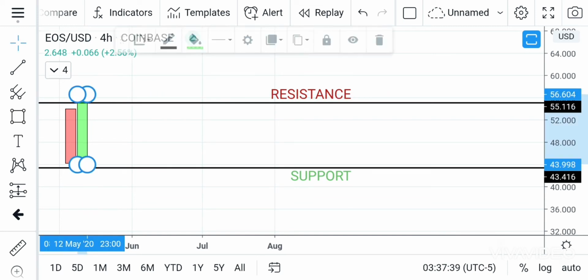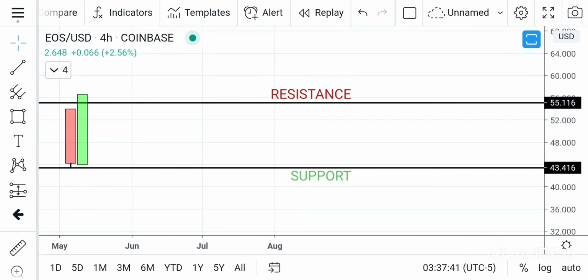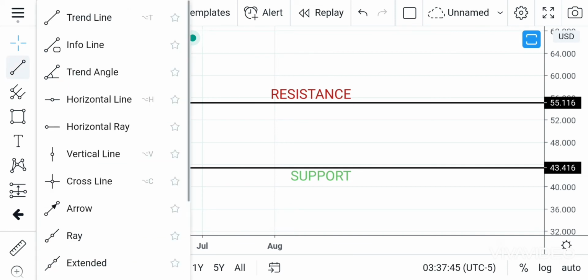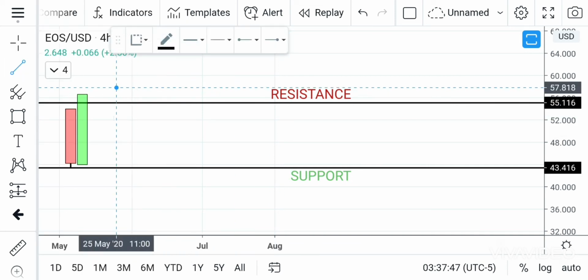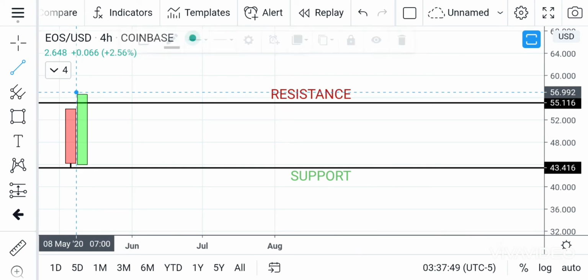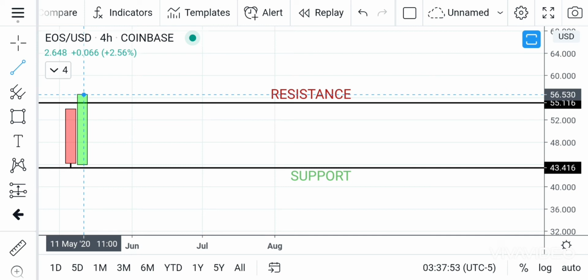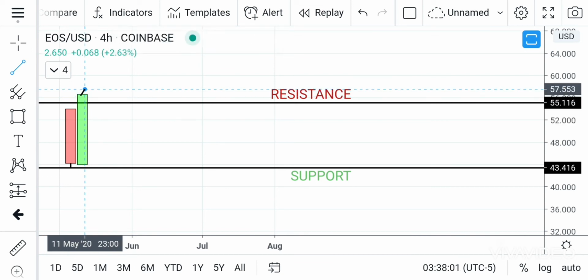So the bullish candle, which is the green candle, is engulfing the red candle, which is the bearish candle. That's why they call it a bullish engulfing pattern, because the bullish candle is covering the red candle completely. So the next candlestick pattern I'm going to talk about is what I call the